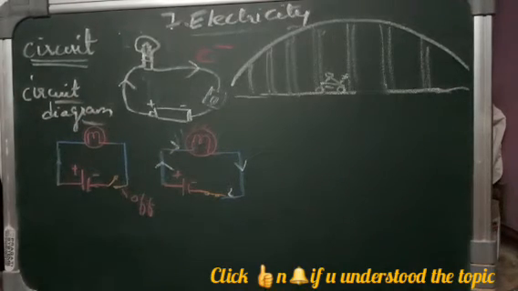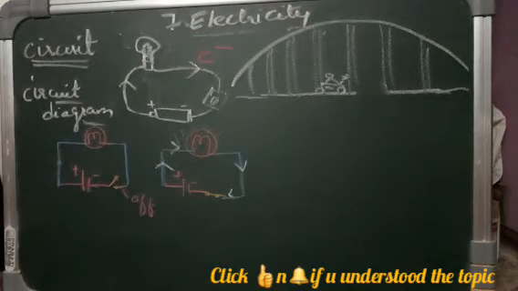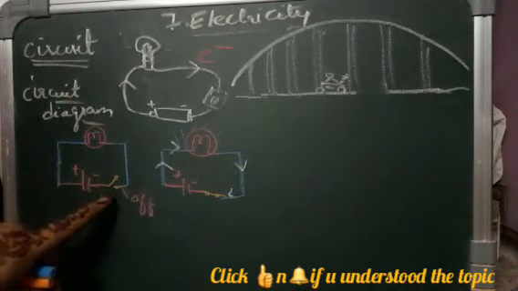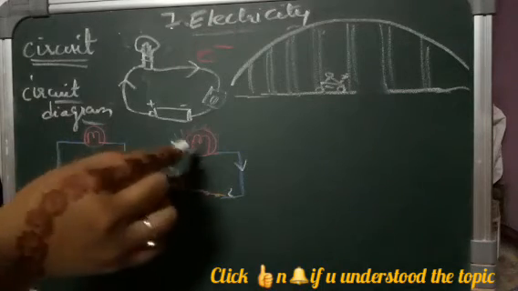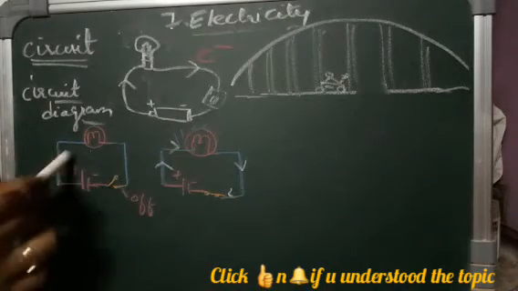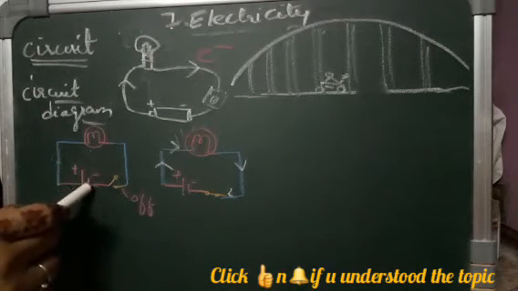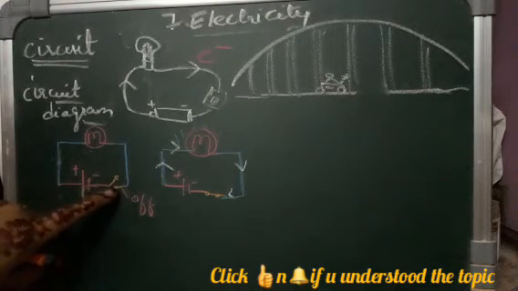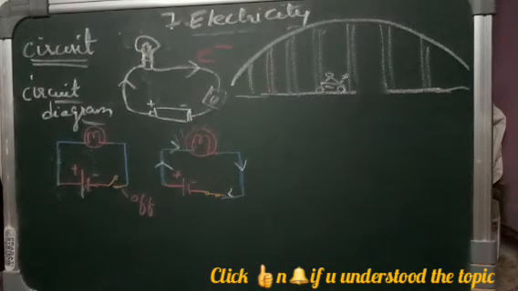Okay, so now we have learned about the circuit diagram. I hope you all have understood this. It is very clear, children. It is not at all hard. You just have to remember the symbols and be perfect with them. When the bulb is off, it is not glowing. When the bulb is on, it is glowing. In a cell, the positive terminal line will always be big and the negative terminal will be small. When the switch is off, it will be open, and when the switch is on, it will be closed. So this is the circuit diagram.